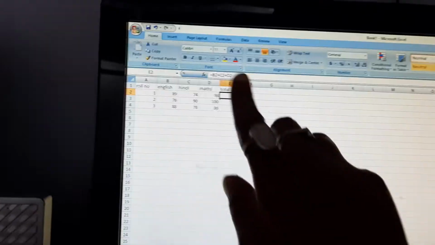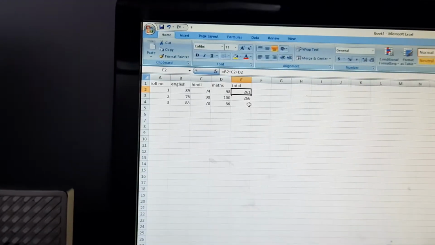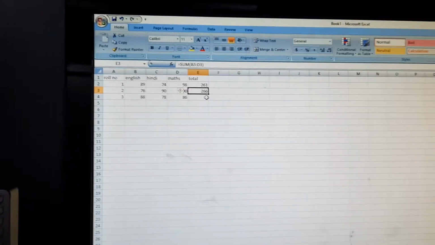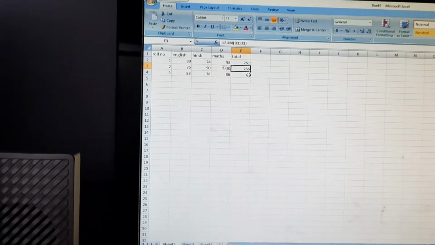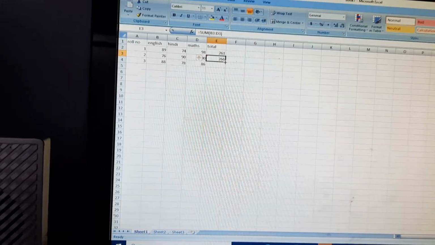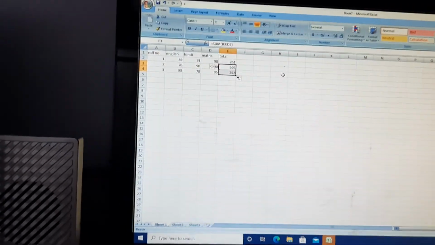One formula is to write B2 plus C2 plus D2, and another formula is equal to, give the function name and the range of the cell, and just enter. You will get the answer. And one more thing, if you have to do the same thing in the next column also, just drag this. See, when we are dragging, a plus sign has appeared. Just drag it and the formula is copied to the next cell. Want to see? See, just the path is changed, the formula has been copied.